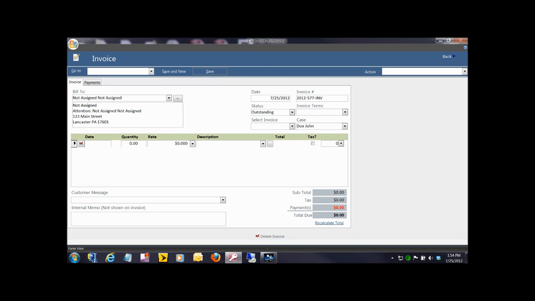Have the date, invoice number, invoice terms. These are items you have previously typed, or you can type your terms in here. Case is this case here, and then we enter the detail. You can put the details by date, or you can just go right into the quantity